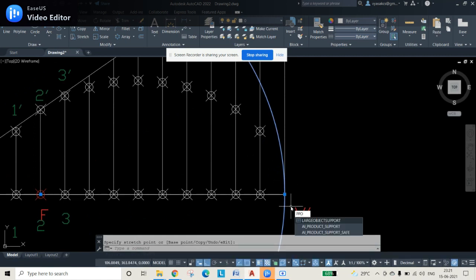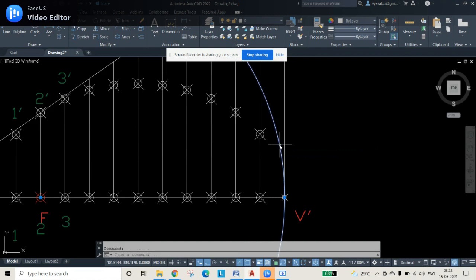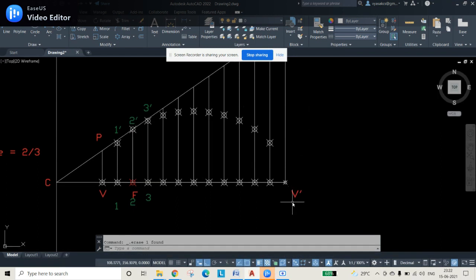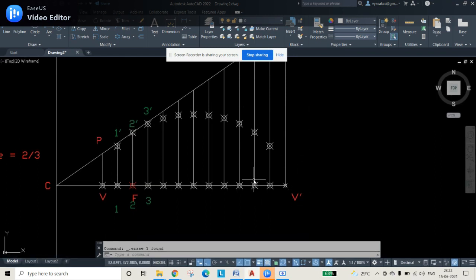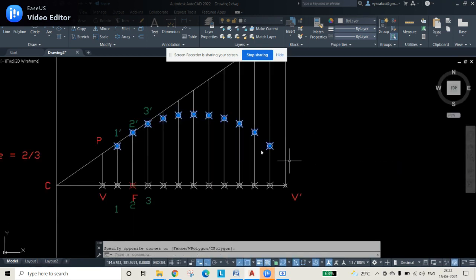So that means that in the first point itself I have used this 45 degrees line. Now by using that 45 degrees line at the F point, you will get the exact end point for the ellipse. Only for the ellipse, remember that it will be useful only for the ellipse. Now I am selecting all these points separately, or else you can use the right selection method. In this way you can select all these points and use the mirror command.